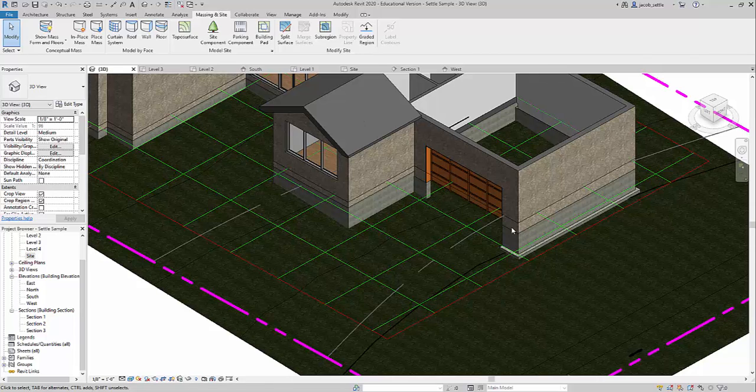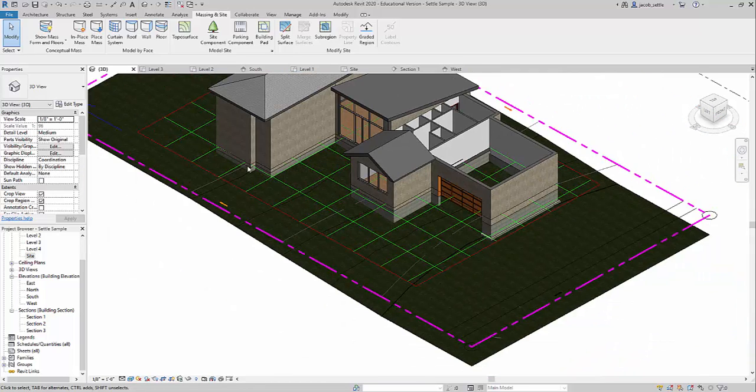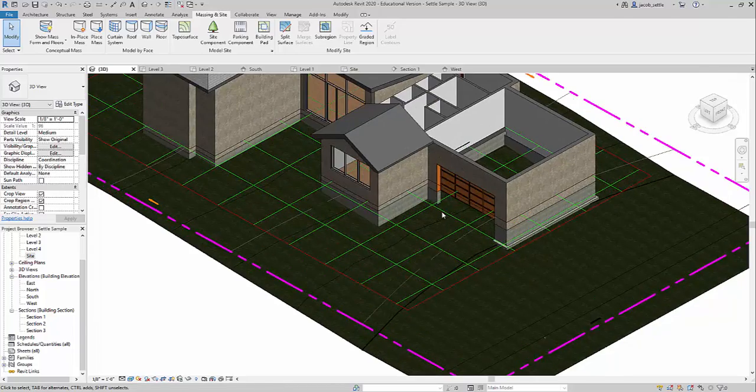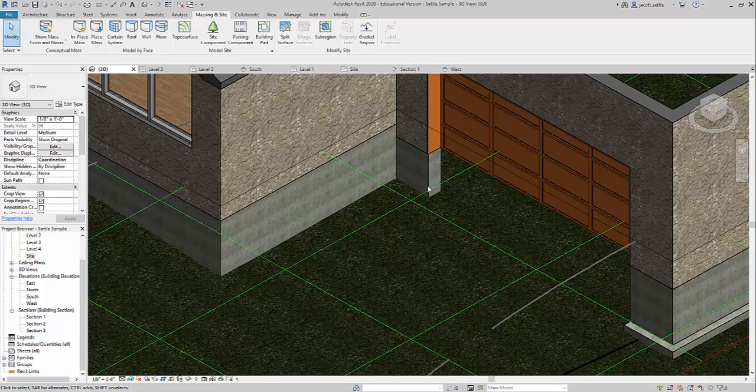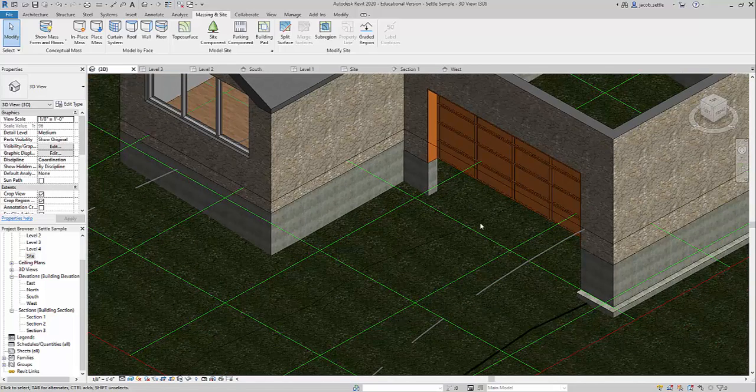So now it's time to really look into this garage here. When I first had you draw this, I had you drop it down, I think 2 feet below grade. And that would have been if your property is relatively flat. This piece of property tapers down towards the street there. So I need to drop this garage down even further, and I want to flatten out a space in front